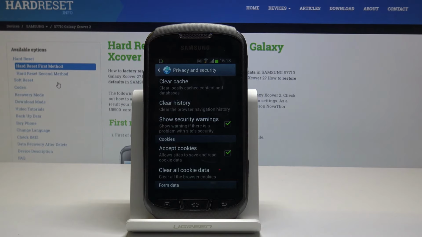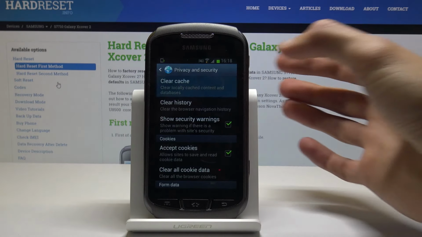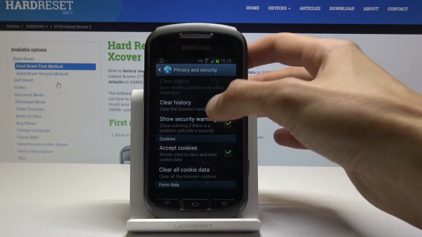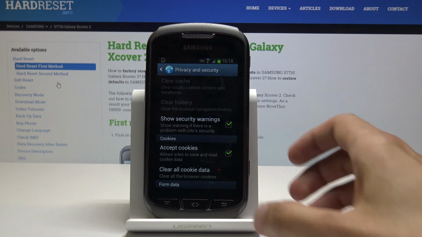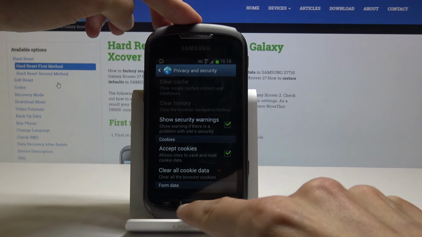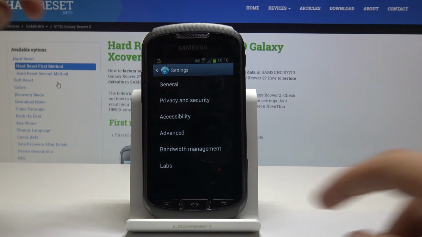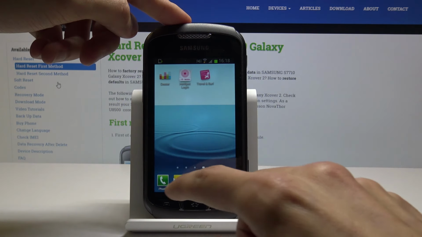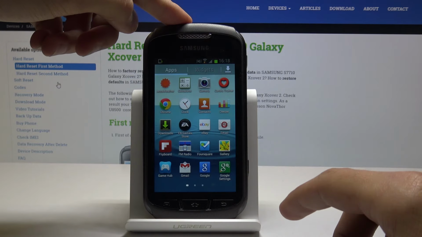Then you have two options, clear cache and clear history. I'm going to do both of them, so tap on it and confirm it, and the same thing for history, and then you're basically done. There's no more history. And you can also do this same thing for Chrome, wherever the app is itself, which